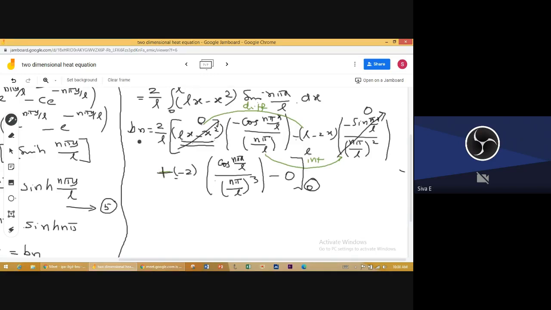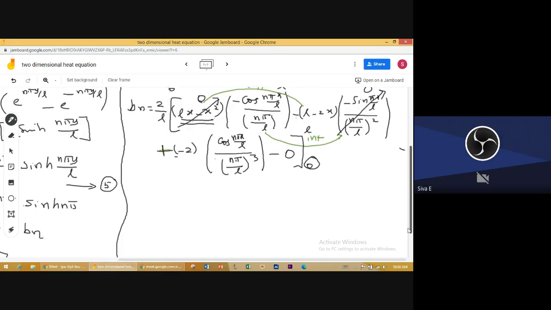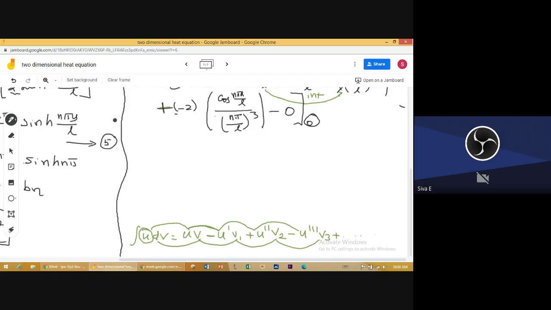That is minus 2. So what is bn here? What is bn? After simplifying, what do you get? 4l square by n cube pi cube. I skipped 2 steps; you have to do that. 1 minus of